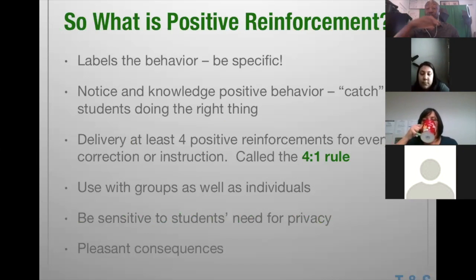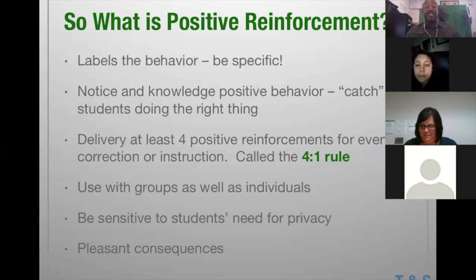if you've had to do a redirection with a student who maybe has been struggling, you've had to redirect his or her behavior, you want to follow up and make sure that you're doing at least 4 positive reinforcements. Now, in the video that we watched, they talked about doing 4 positive reinforcements for just that student, connected to that one negative. I personally feel like that was a lot, especially in a day, and it would feel forced. So my advice is to do it more so as a whole class,